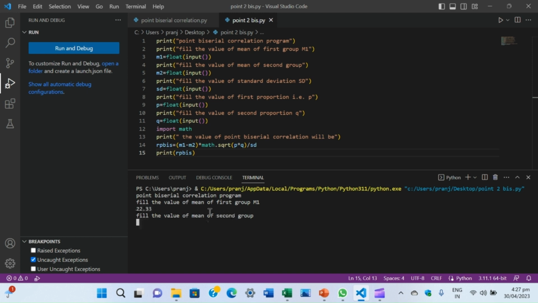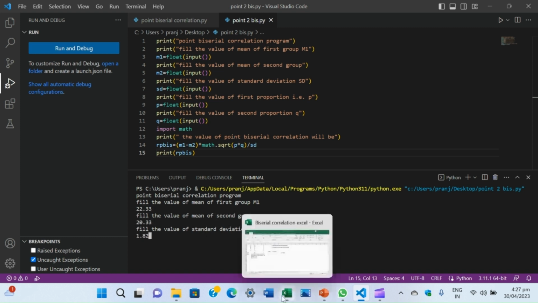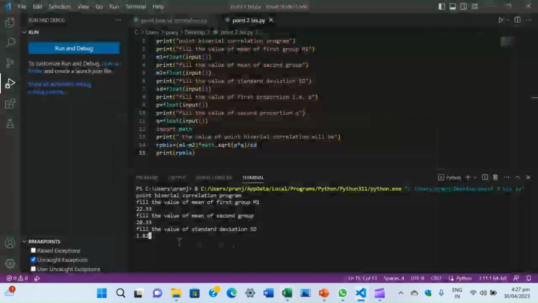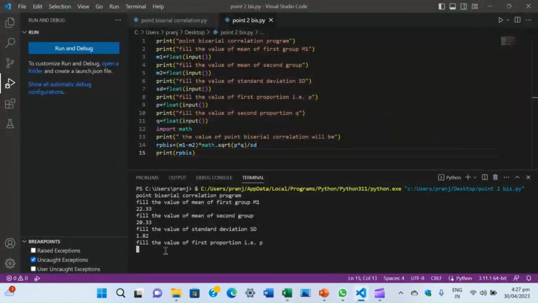Second value 20.33, fill the value of standard deviation 1.82. Again we check it, okay, this is 1.82, and enter, fill the value of the first proportion, that is 0.60, and enter the value of q, that is 0.40,